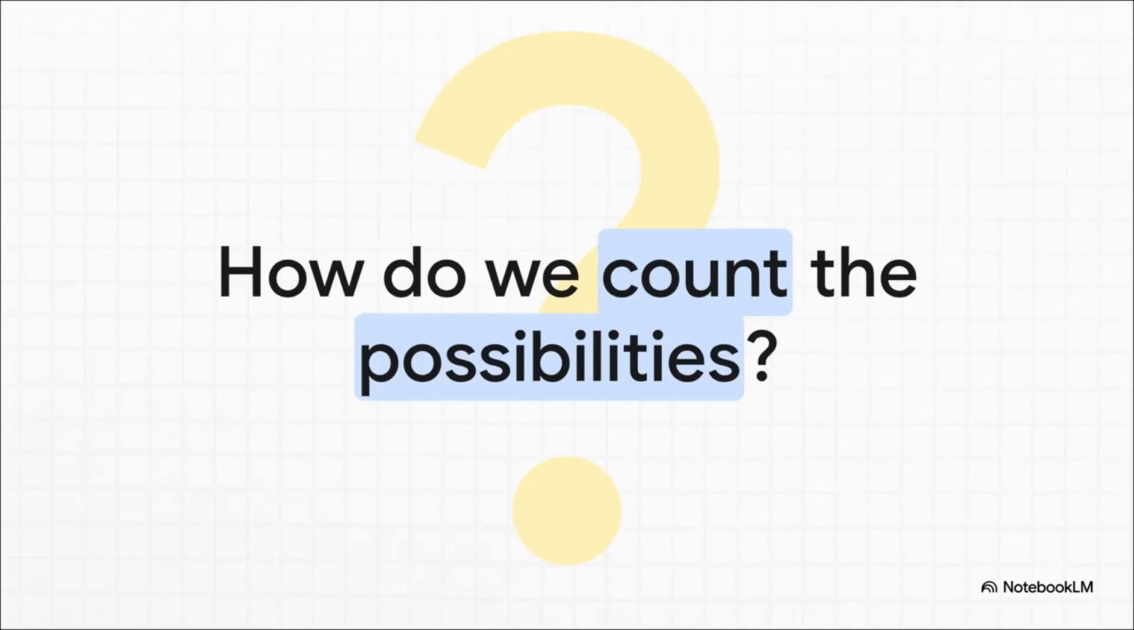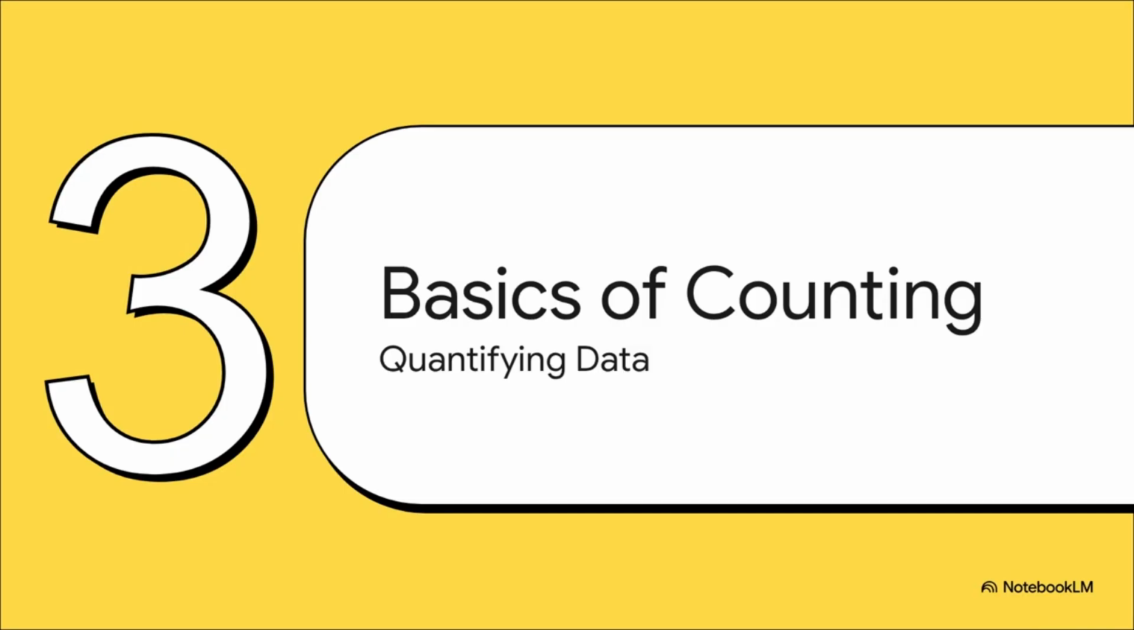Okay, so we've got the rules down. We know exactly how the switches work. But here is the big question. How do we actually count the possibilities? Logic gives us the strict structure, sure, but we need combinatorics to actually quantify the massive sets of data governed by all these rules. That brings us right into Section 3, the basics of counting, where we shift gears and